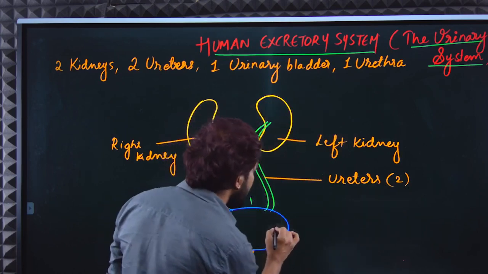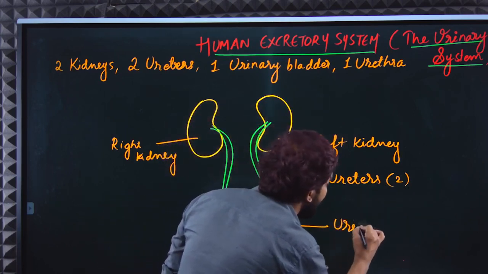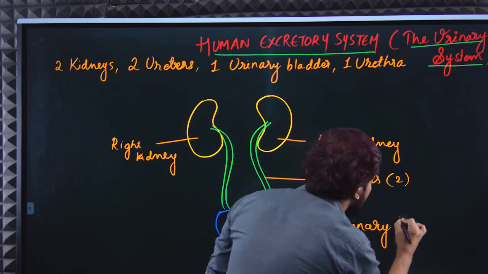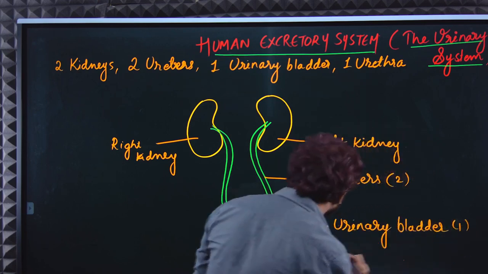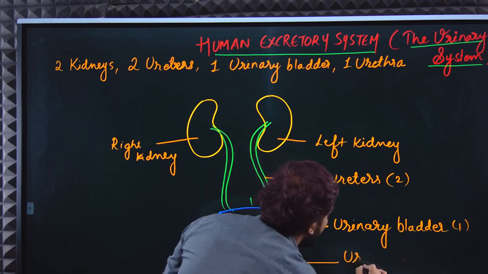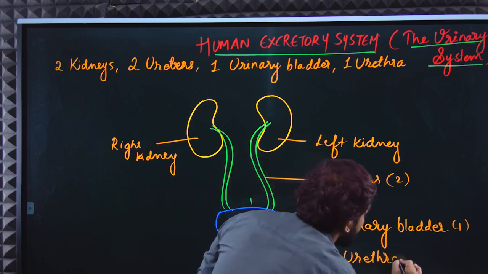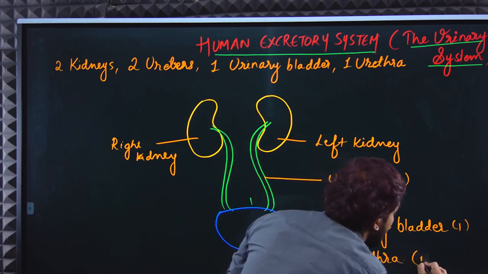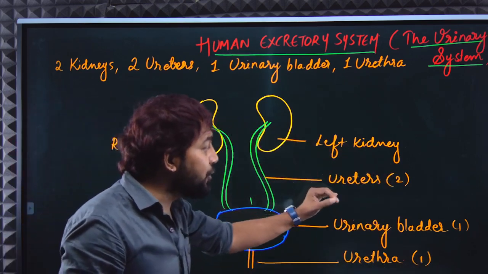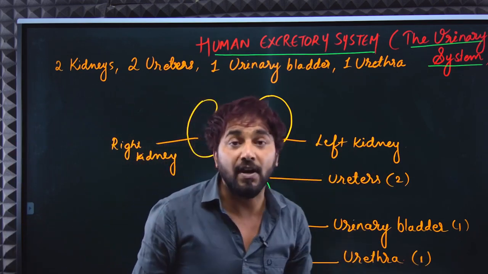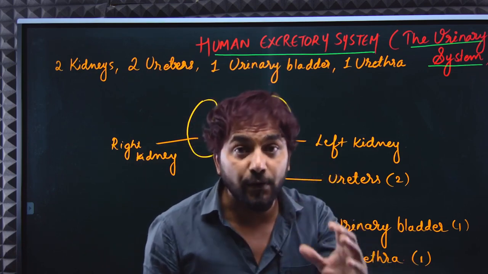Then you have the single one, that is the urinary bladder. And the last component is the urethra, which is also single in number. Right kidney, left kidney, ureters, urinary bladder, and urethra are the components of the human excretory system